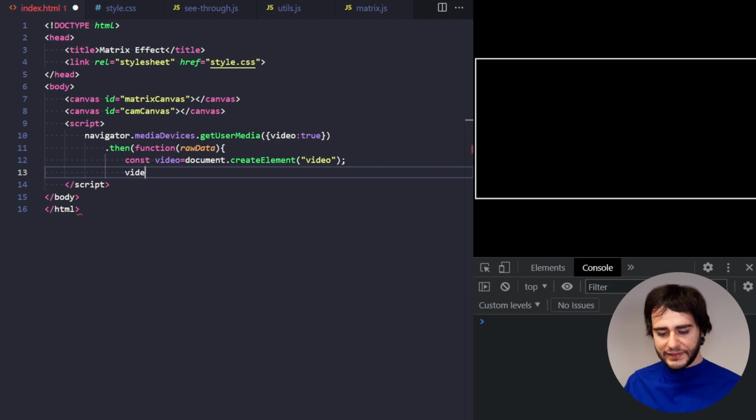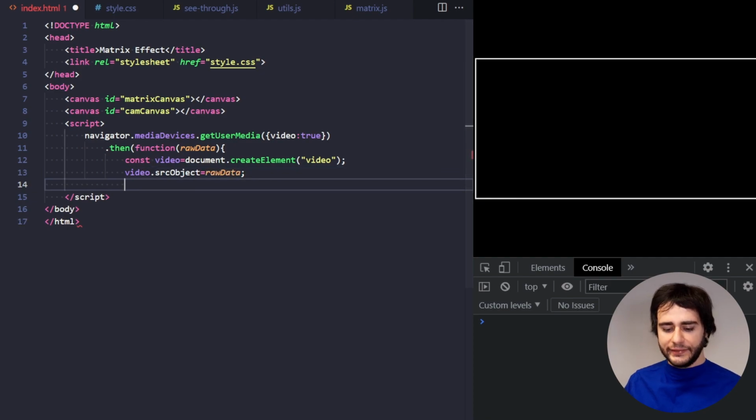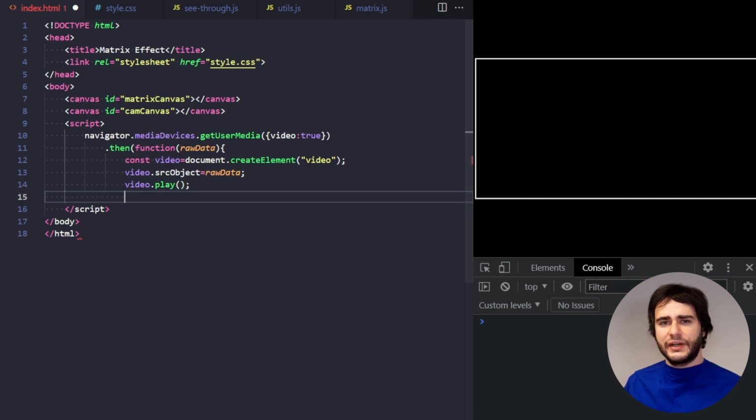So now I'm adding this raw data to a video object, just like that, and I will start playing the video. But doing this doesn't start the video immediately. It might take a few milliseconds for it to load, and to know that we are ready to display video somewhere or to process the video, we can use the onloadeddata event here, where I'm going to set a